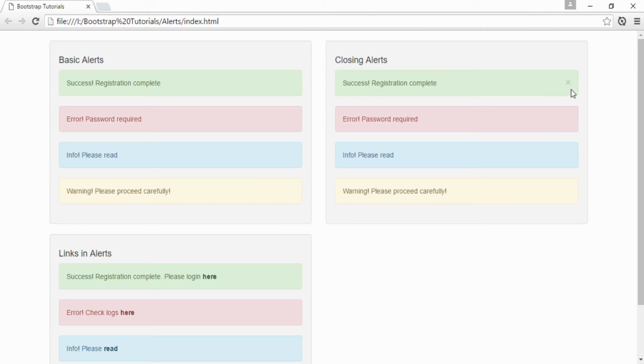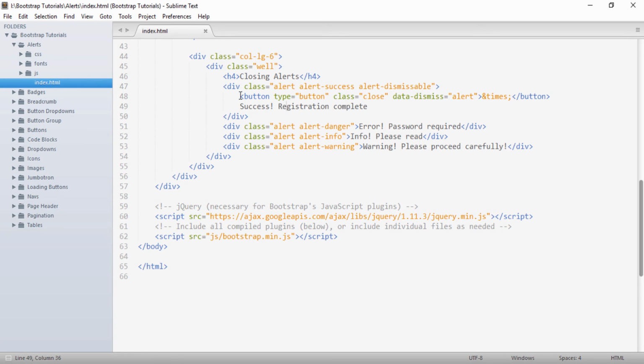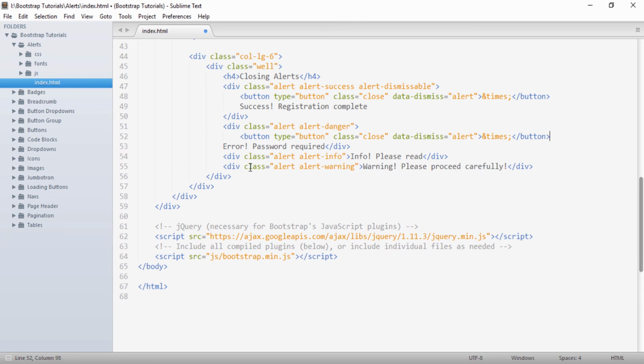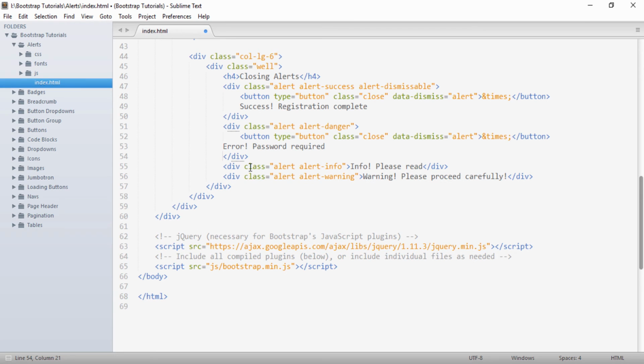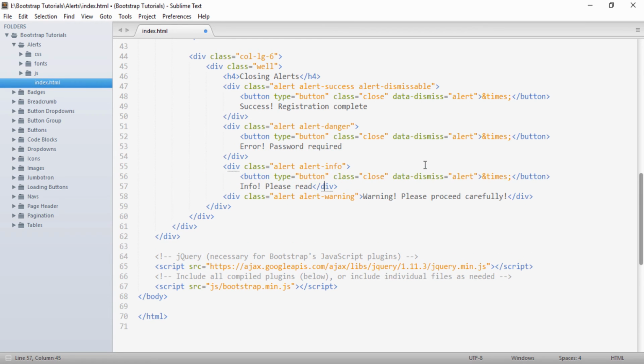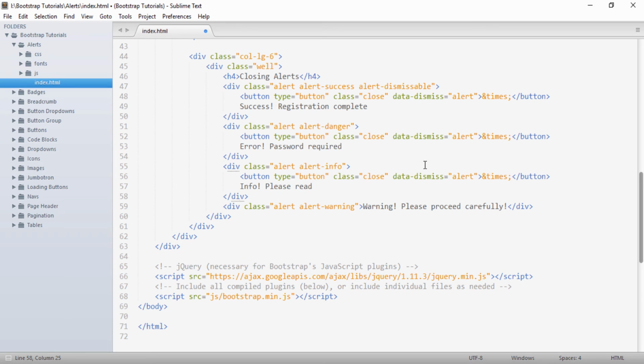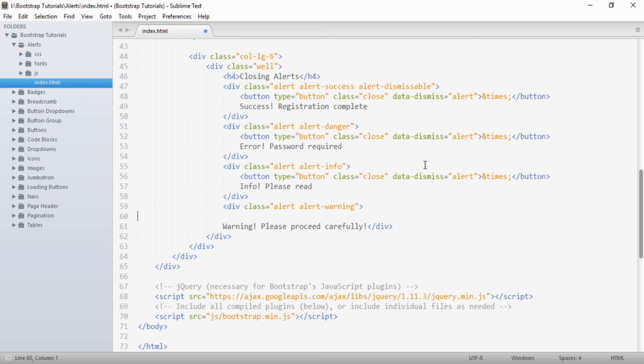So we will just provide this closing button to the other alerts as well. So here I will copy this, paste it like this, and to the last also I will do something like this.